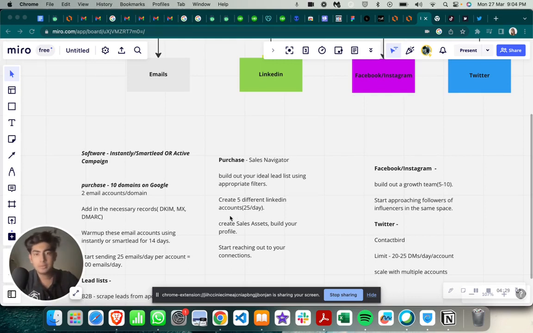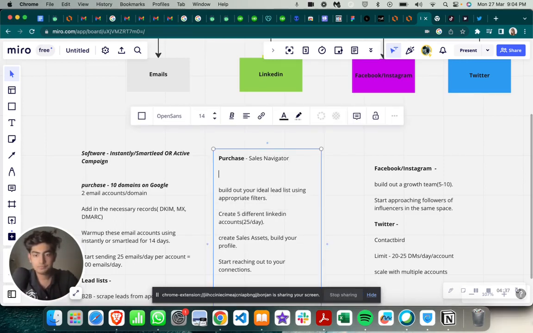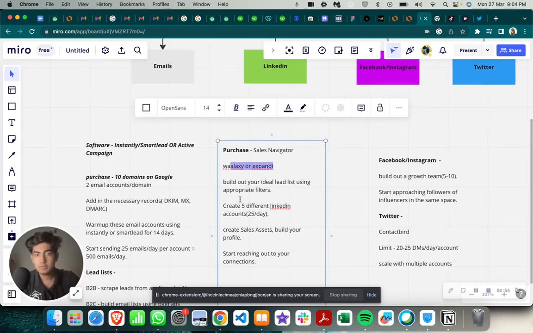Of course, if you want to automate things and ramp up the numbers, you'll probably have to purchase another software, like Valix or Expandy. This helps you set up campaigns and reach out to people in bulk. So that's regarding outreach campaigns for LinkedIn. You purchase Sales Nav, you purchase either Valix or Expandy, and you build out your lead list using appropriate filters. It's usually a hassle to figure out who your ideal customers are because the filters aren't that great on Sales Nav. But once you figure out the right industry and the right keywords,